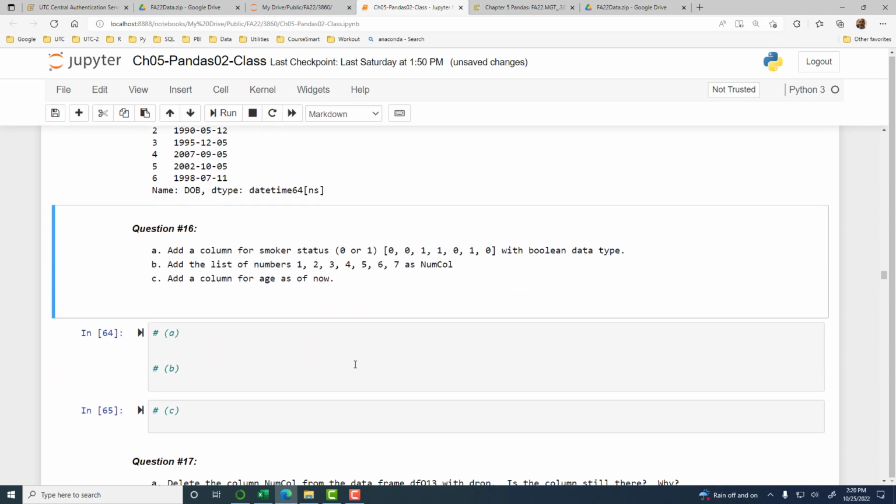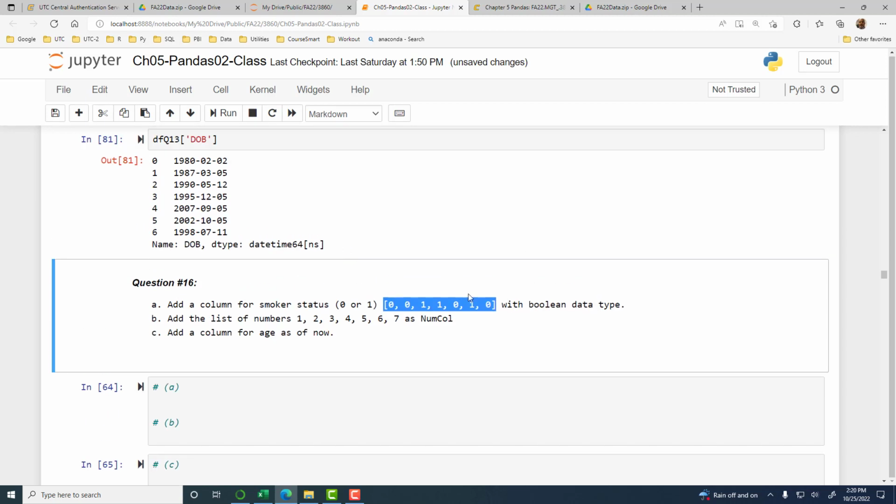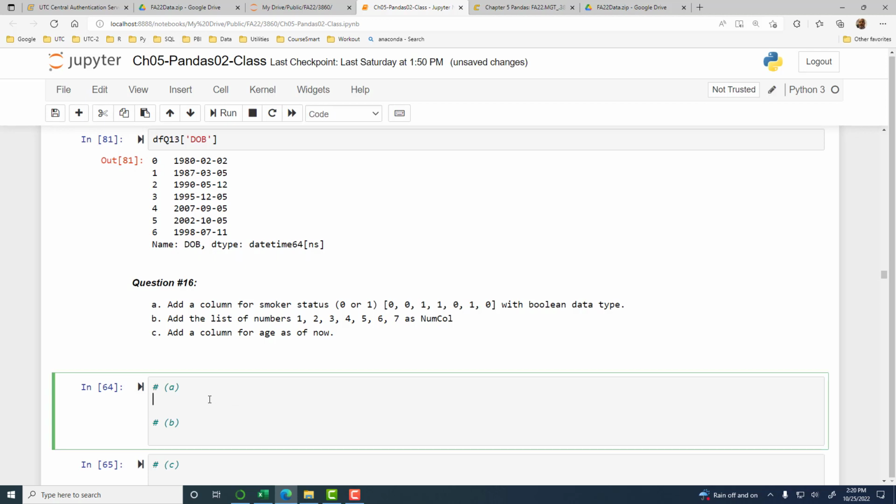Now 16, add a column for smoker status 0 or 1 with Boolean as data type. So here is the list. We have 7 numbers of data, 7 rows of data. So we want to add this column,